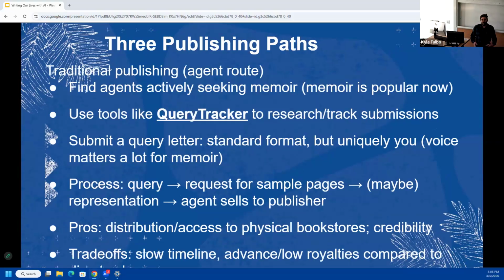He wanted to tell you about the different publishing paths that you have. He's explored a lot of these, and these are the kind of the places that he's landed. So you've got traditional publishing, this kind of agent route that you might take. I think there's a lot of opportunity if you were wanting to use AI for the process of finding agents. So he's suggesting, and this is a clickable link when you get the notes, Query Tracker is this kind of way that you can research and track submissions that you're making.